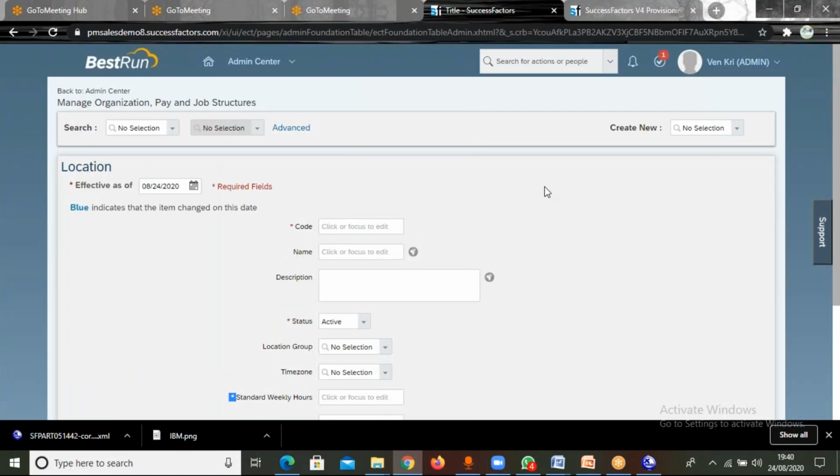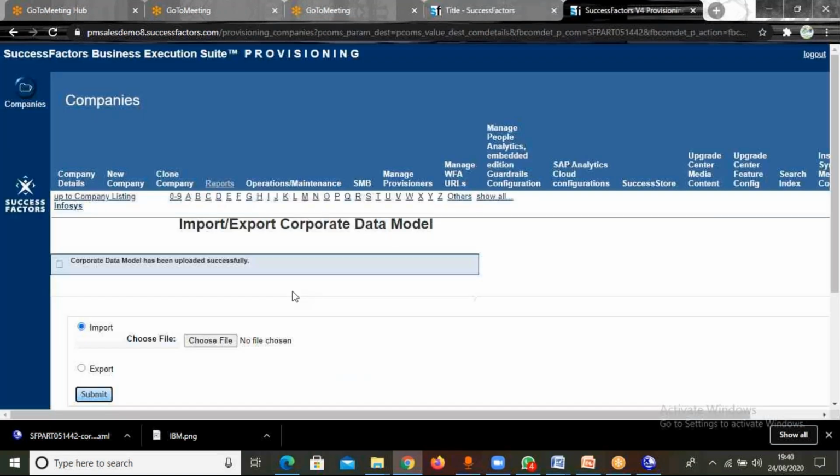Whenever a client purchases an SAP SuccessFactors license, that client has to take implementation facility from an SAP global partner like IBM, TCS, Infosys, and all. After getting a project, let's say I'm working for Infosys and I'm going to do configuration for that particular client. For that client, first we need to take one provisioning access. I am a professional consultant and I have one provisioning access, but for addition of that client's ID in the company listing,